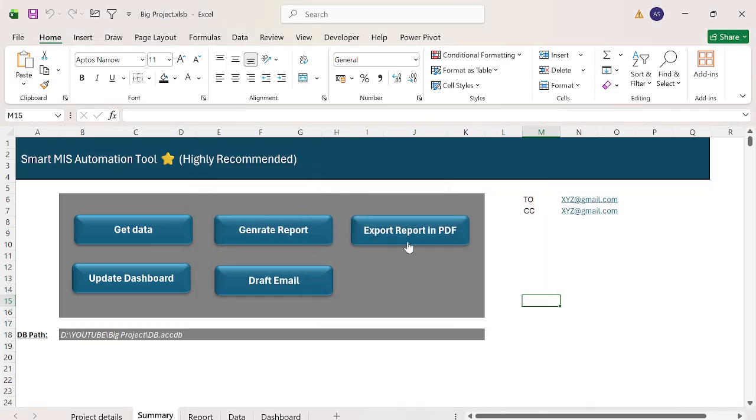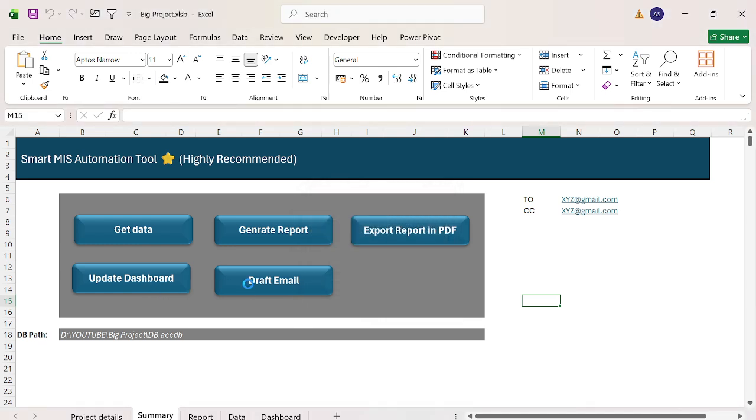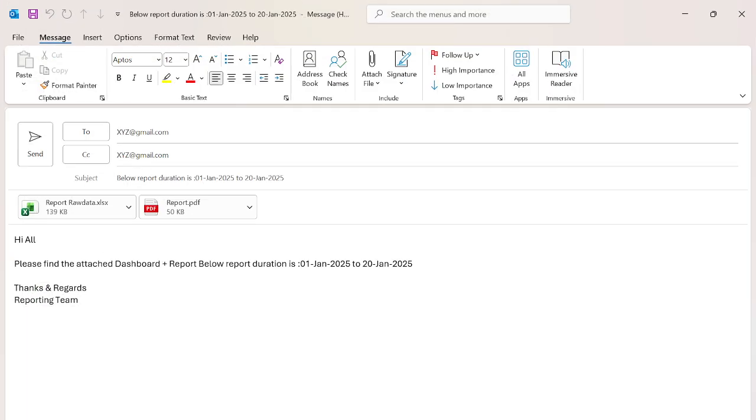Report has been generated. I'm exporting into the PDF, done. Updating the dashboard, it's done. Drafting an email, let's see. We have not tested so far, right? That's why. Wow, amazing. You look how perfect it is. The please find the test from 1st of Jan to